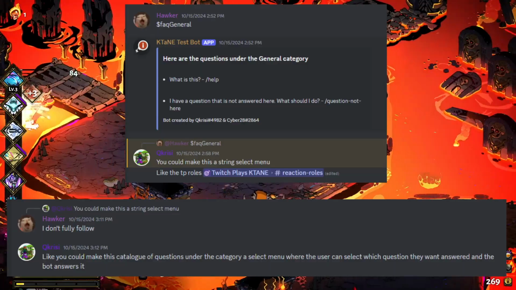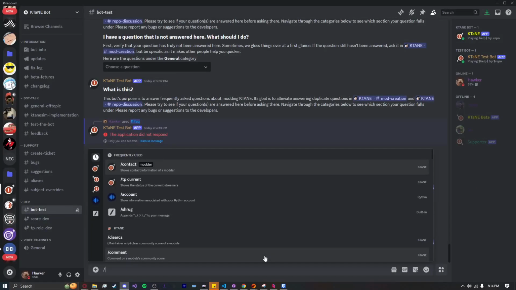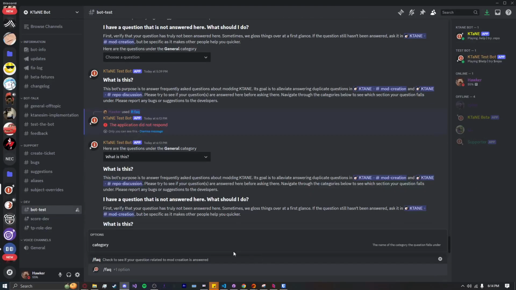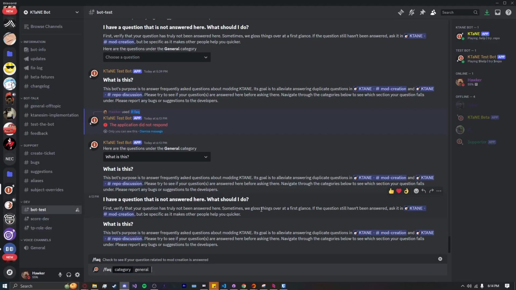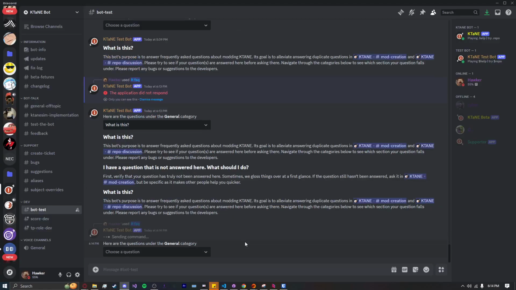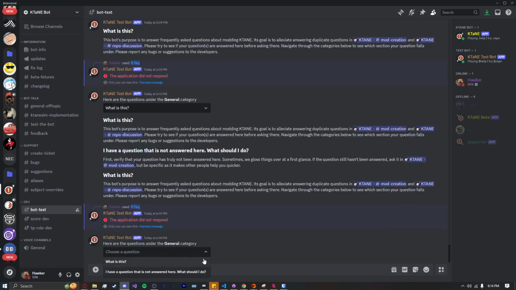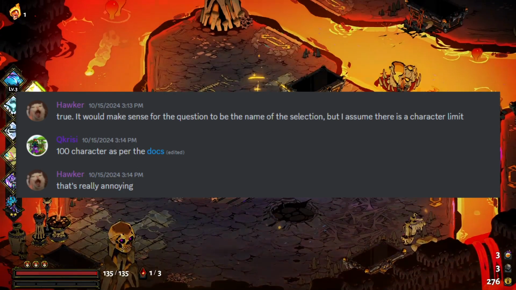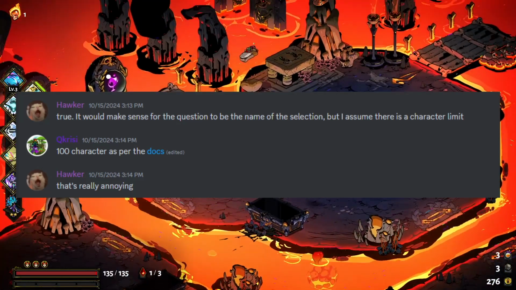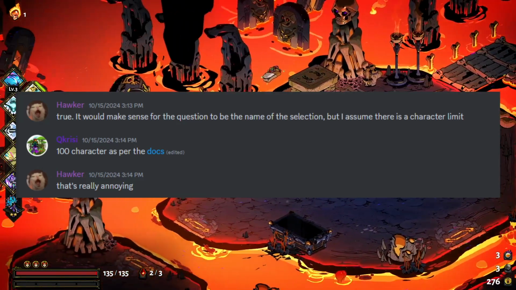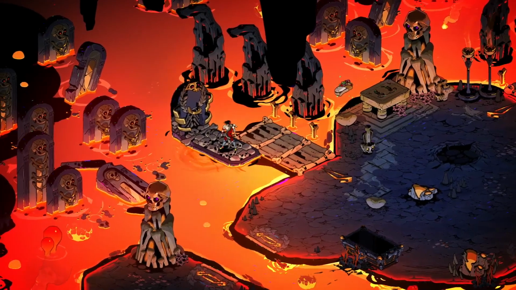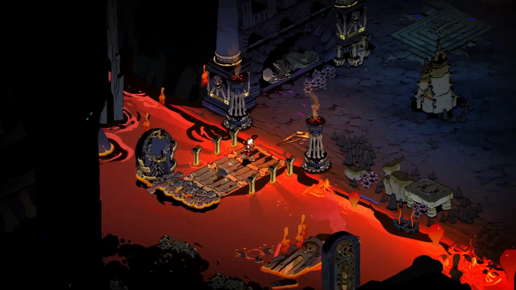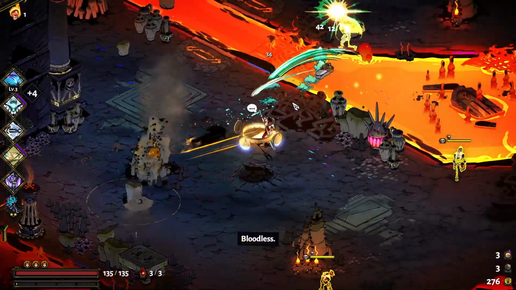The initial concept is the same, where a user, most likely an admin to prevent spam, uses a / command that creates a drop-down of all the questions within a category. When one of the questions is selected, the bot will send the answer. The only problem with this format is the drop-down selection has a 100 character limit, meaning most of the questions are cut off. I tried rewording the questions so they were either under the limit or the first few words would tell the user what topic the question was.